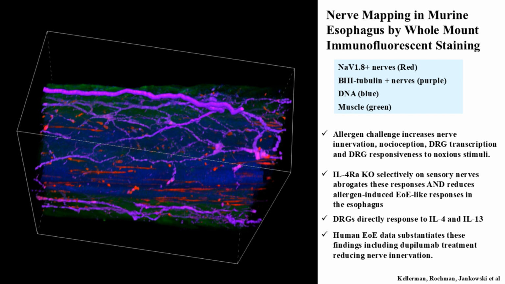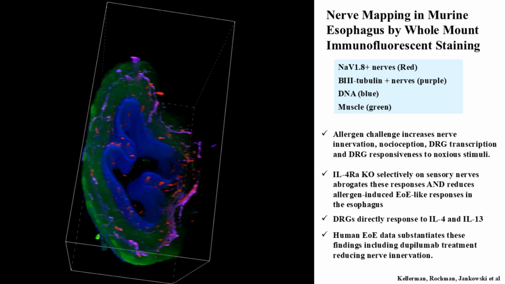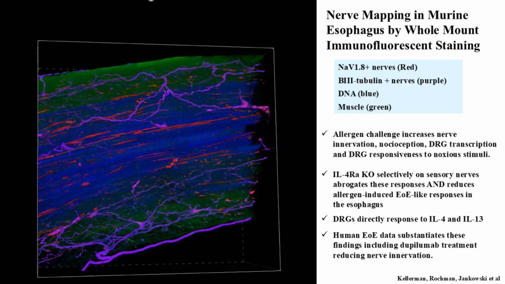It's the lumen of the esophagus, and then you see the epithelium, and then you can see surrounding is the network of nerves, and the red dots are the actual sensory nerves that run in juxtaposition to the epithelium. And you can see it's sitting right underneath the epithelium, and it turns out that they send projections into the epithelium. And this, we believe, is very important for interacting with the epithelium, but also potentially triggering and eliciting some